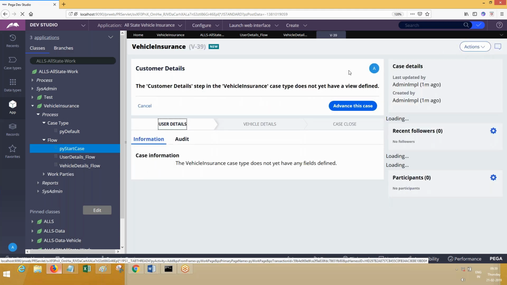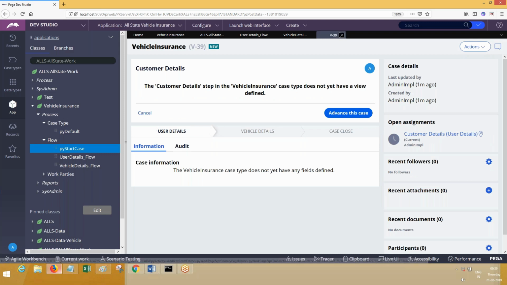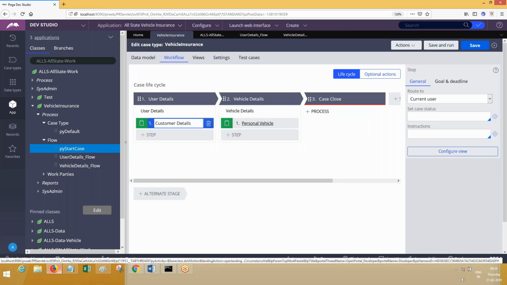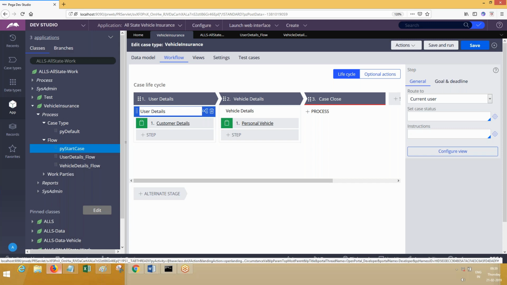Did we add any flow actions for customer details or vehicle details? Did we add any views and all? We have not added. So what we need to do is add views for these steps. That means we need to add flow actions, sections and flow actions. But we already have flow actions and sections created and available. So we need to modify the existing case type to add the flow actions.